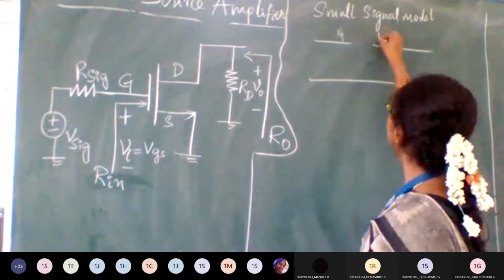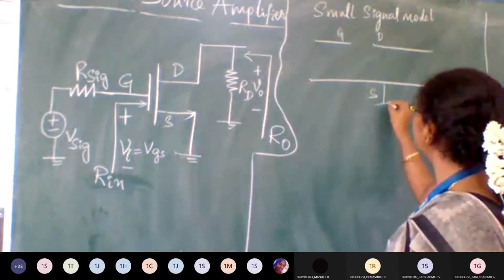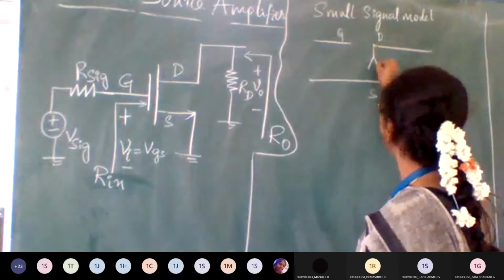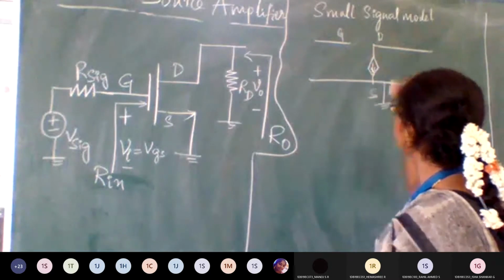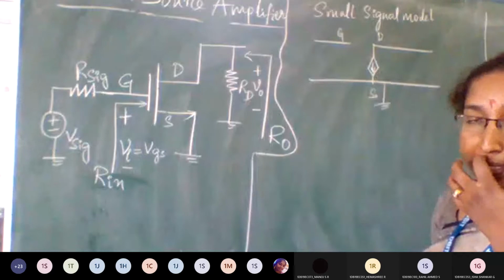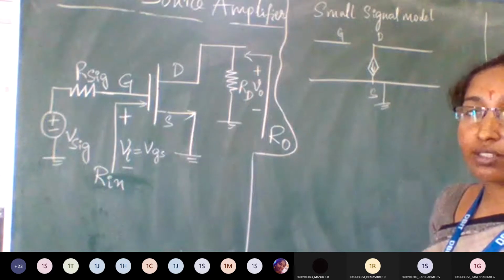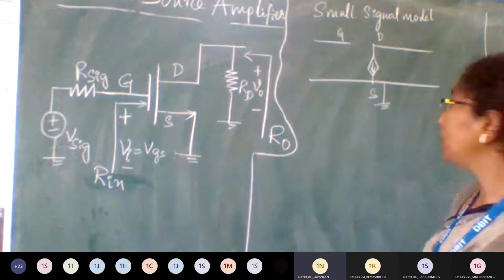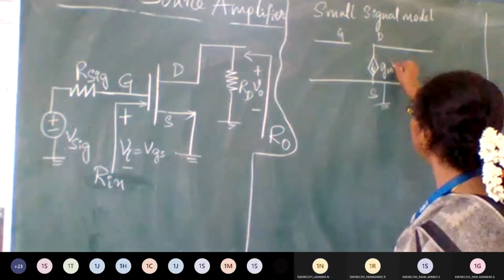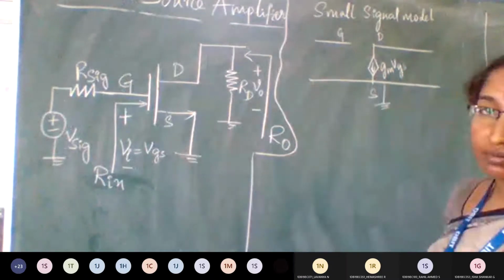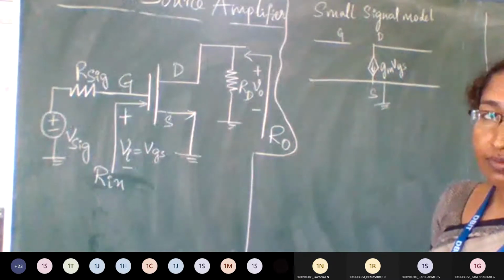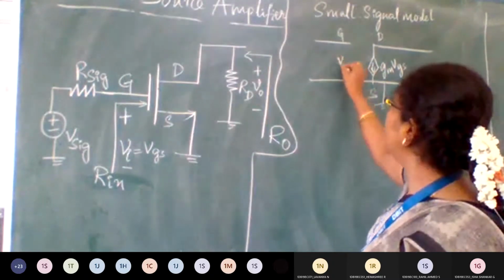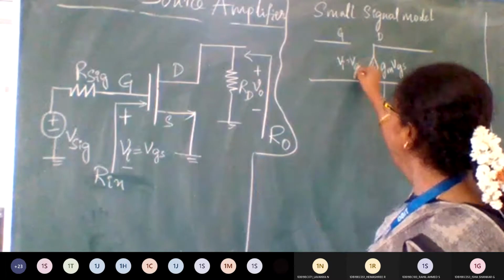So this is gate, drain, and source. The source is grounded. As you have all written, the hybrid pi model with a current source. What is the current source I need to write between drain and source? ID is equal to, in terms of gm, gm into VGS. I hope the model is visible. So now this is the hybrid pi model. This is your Vi, which is equal to VGS.